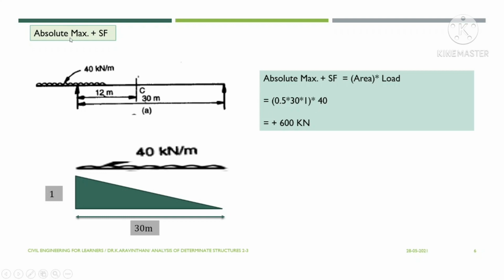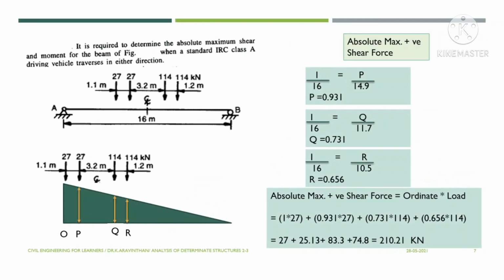So if you need absolute negative shear force, you can draw the support reaction at B and you can place the same load. The absolute negative shear force will be same in negative sign. So this is the difference. So you can see that the problem is very much easier for the UDL longer than span. So if you find this kind of a problem in real time and in your examination, this is much easy to calculate when the UDL is shorter than the span.